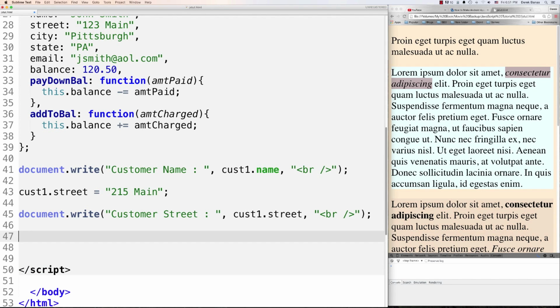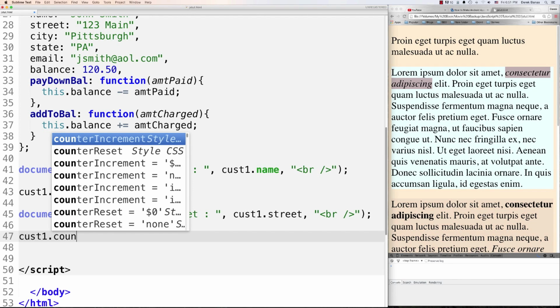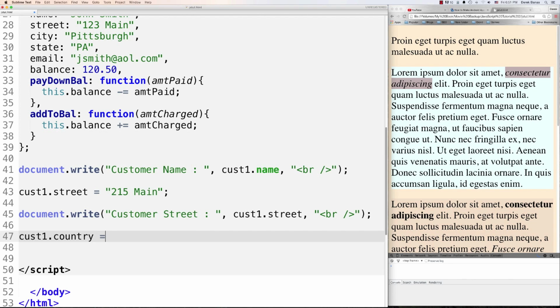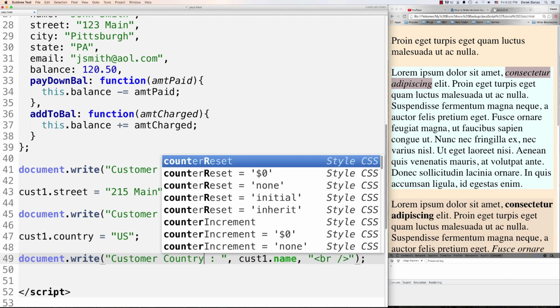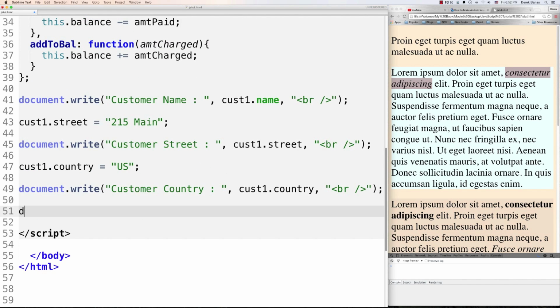We're also going to be able to come in and add properties to this. So let's say we wanted to add a new one. Well, we'll just type in our new one, which is going to be country in this situation. Say US, and then print that out on the screen. And of course, just refer to country. And we can also come in and